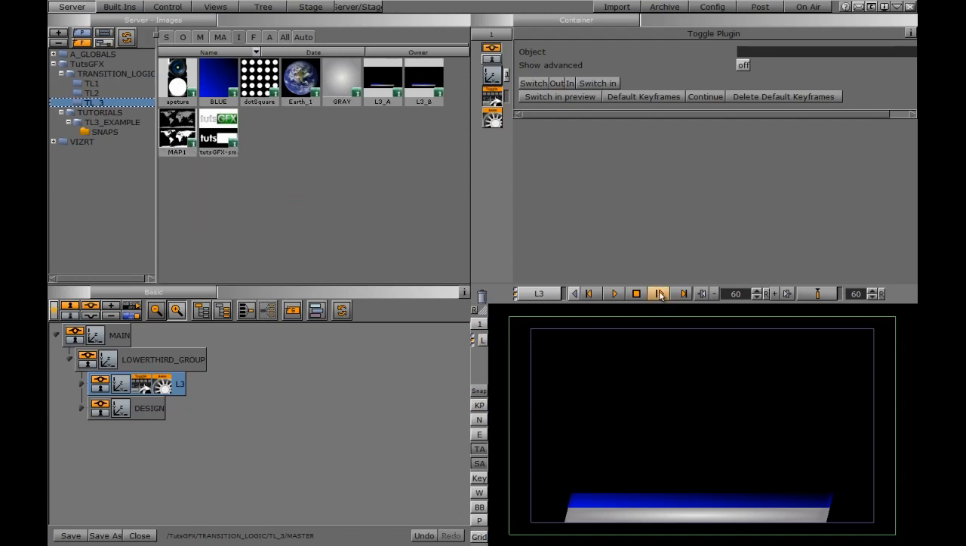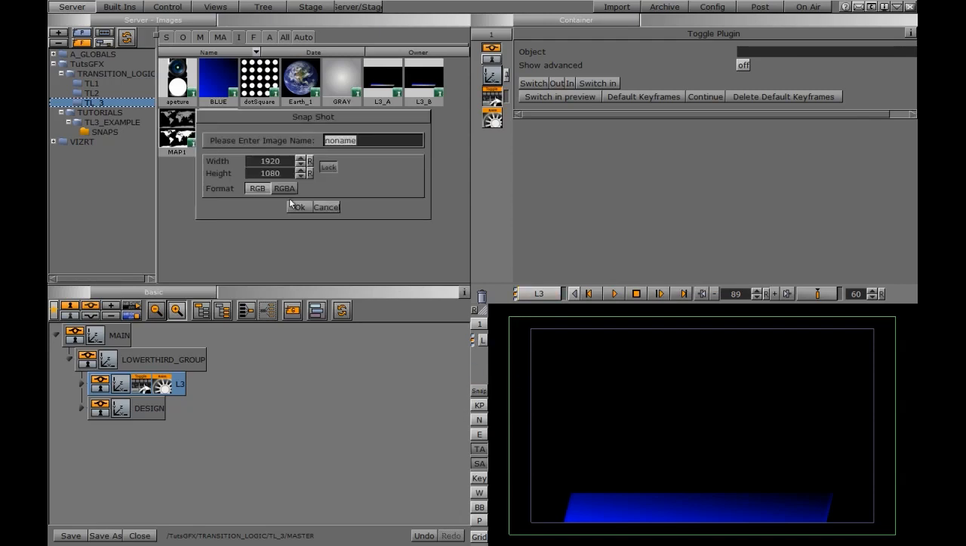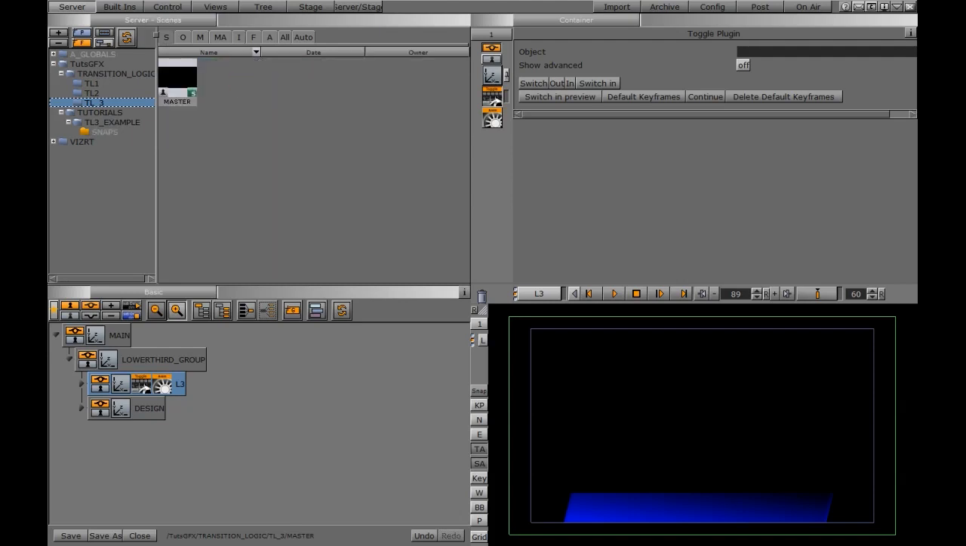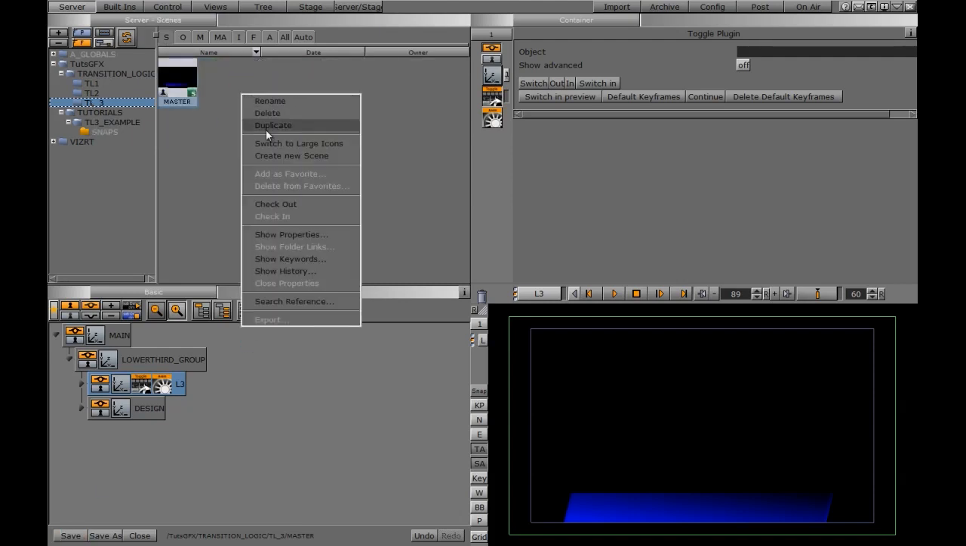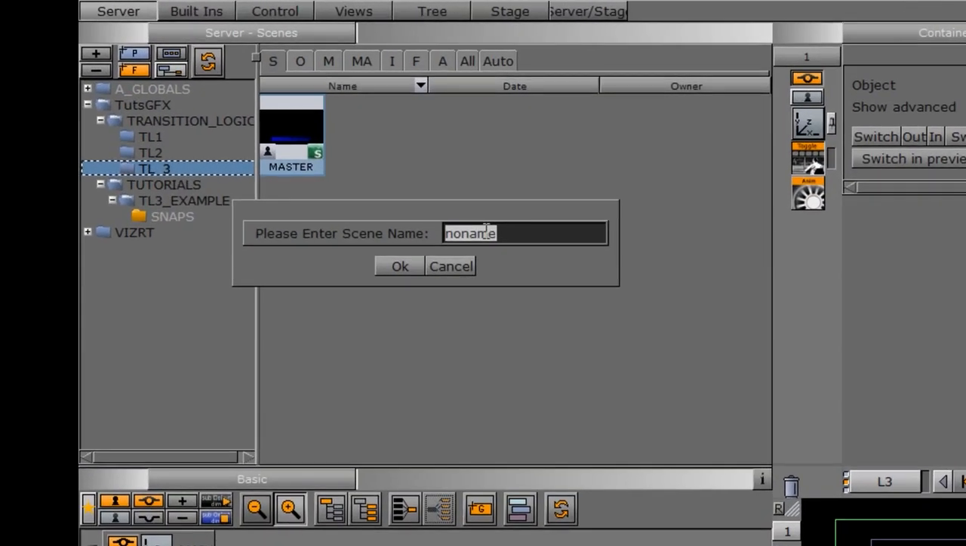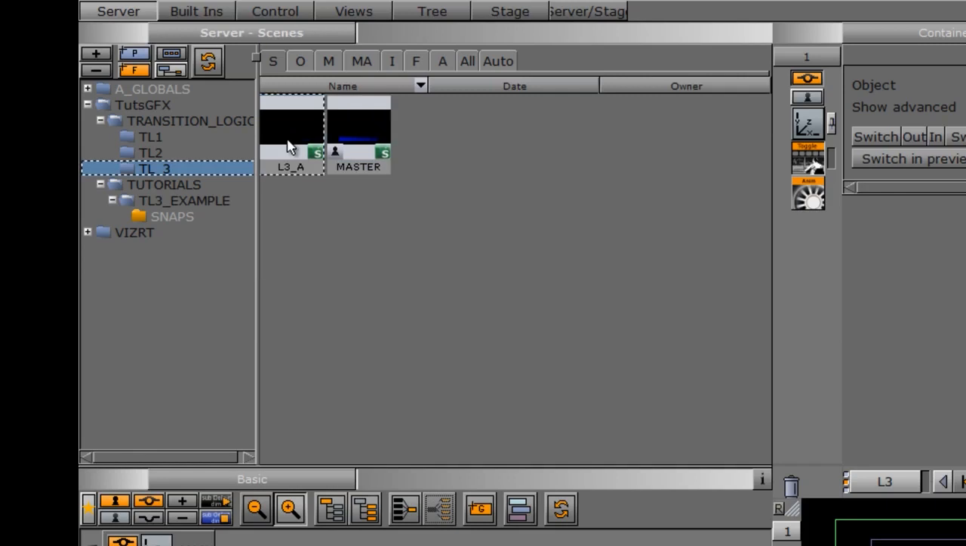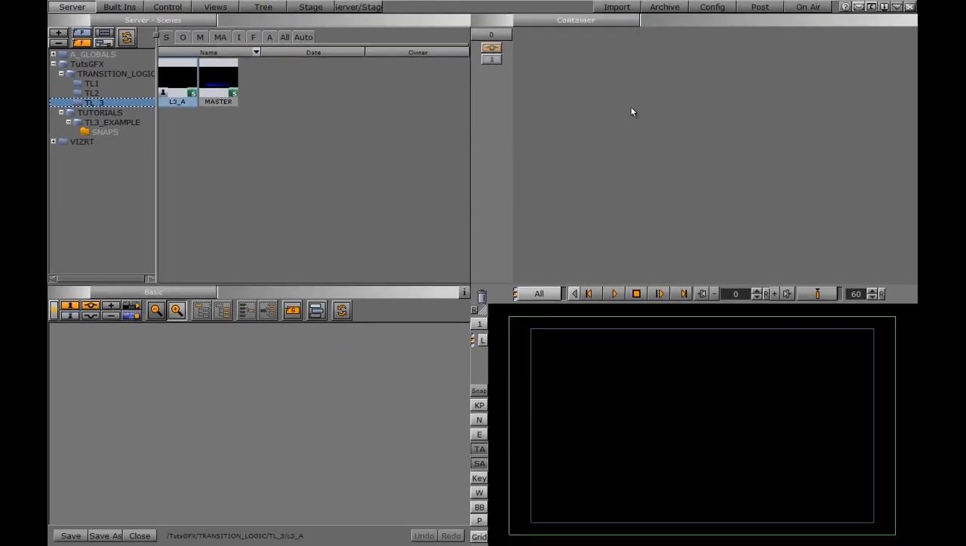Then I'm going to click continue again, and it goes to our third state. So I'm going to take a snapshot of that and call this one L3C. So again, I'm just going to save this, and within our same folder here, we're going to right click and create a new scene. I'm going to call this one L3A,